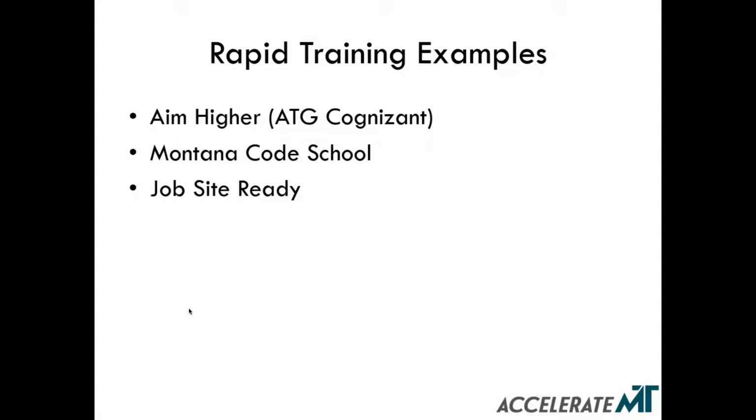The reason I highlight these 2, partly because they've been successful programs, but they're very different, right, in terms of the investment that's needed in training and who's making that investment. And we know that's going to be a critical component of the rapid training, is figuring out how do we pay for people to go through the training. And I'll talk a little bit about the budget and the funding and how we utilize that momentarily. Job Site Ready, very different program. We're talking about 45 hours of training.